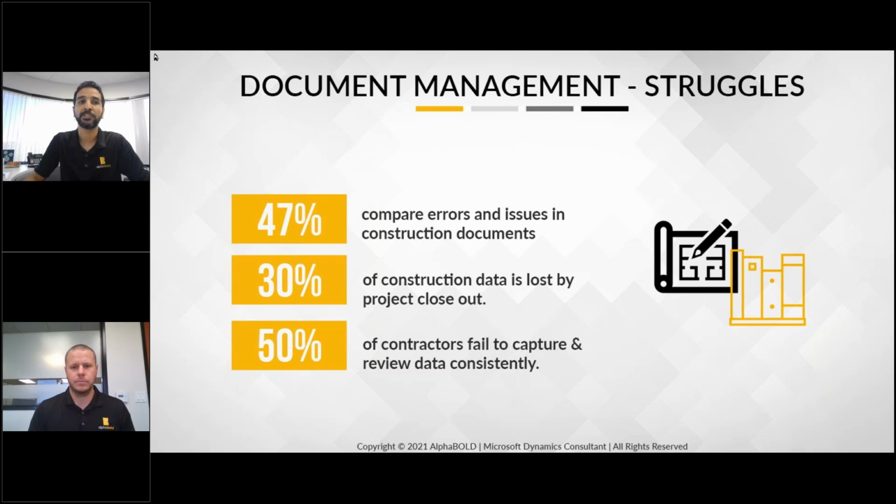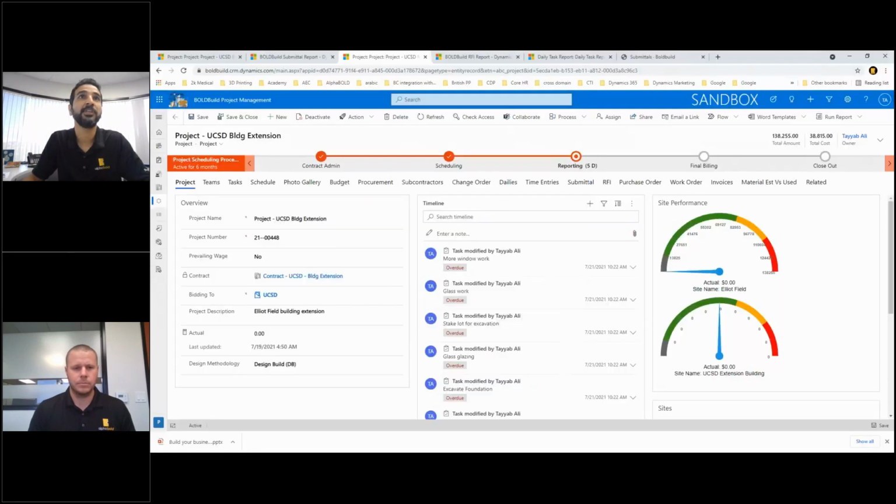The first one is obviously document creation. The second one is document storage. And the third, which is probably affecting a larger part of the organization, is access. At times you just fail to capture that data, so obviously there's no way to resolve it because the data has never made it into the system. So with that, I'm going to go into another demo here, because I want to show you how we have